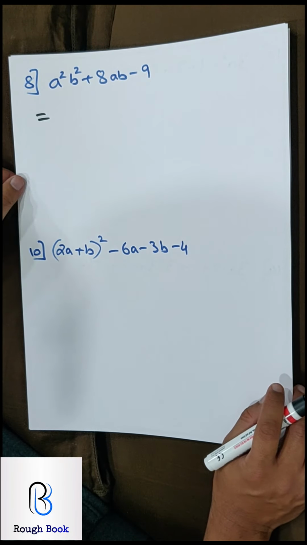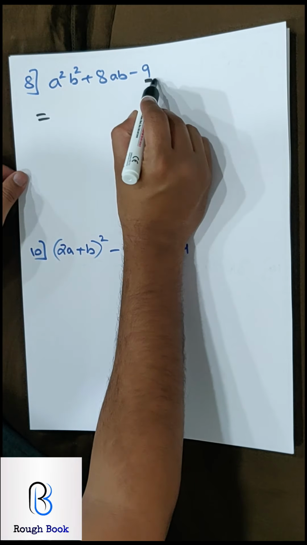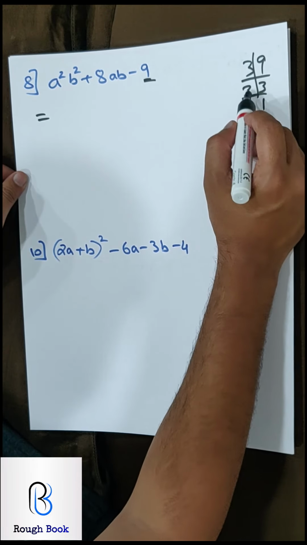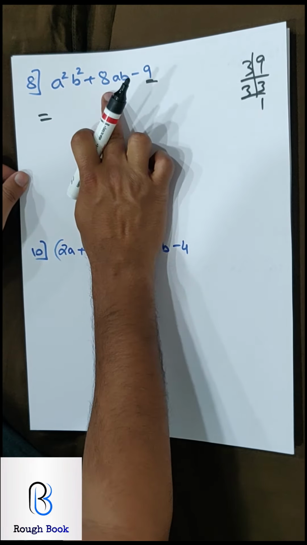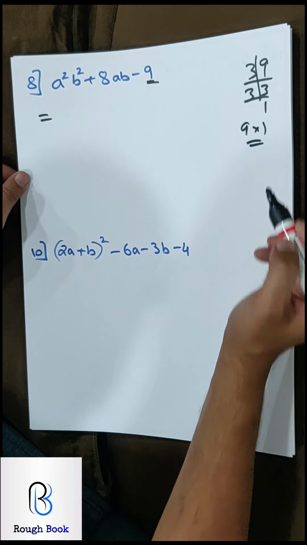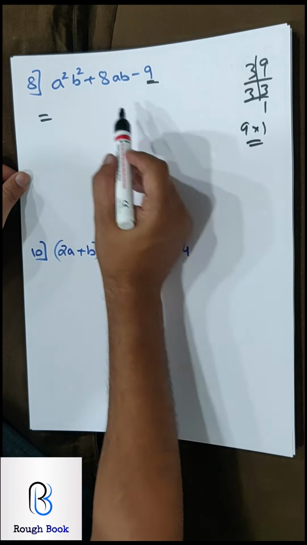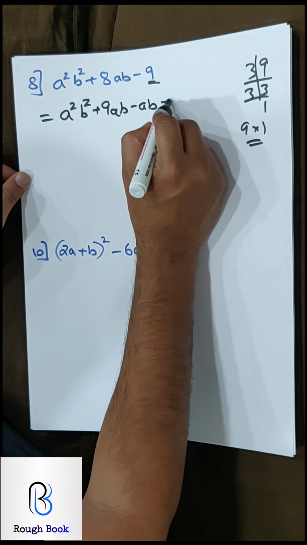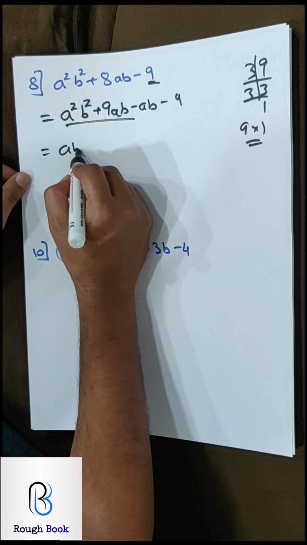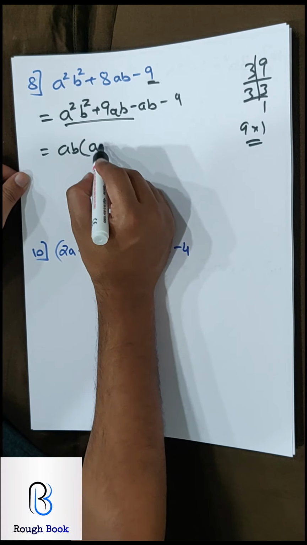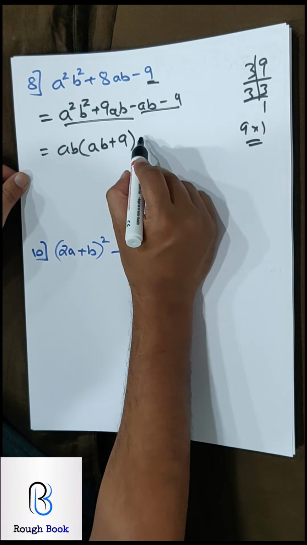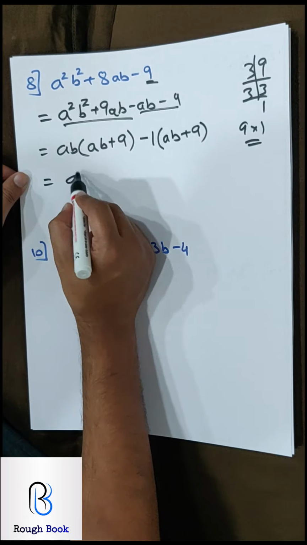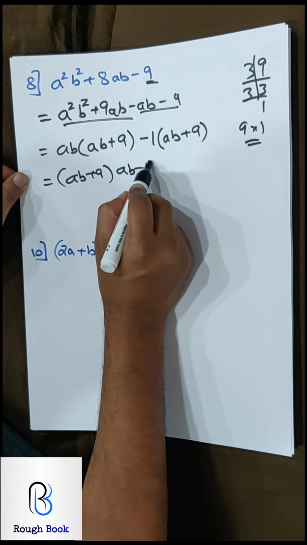Sum number 8. Again we are still on the splitting the middle term part. So 9 is 3 3s are 9. 3 and 3, two numbers, 3 and 3 will make it 6 or 0. Nothing follows here. So another option becomes now 9 1s are 9, because 9 1s are 9 and 9 minus 1 gives me 8. Okay. So a square b square plus 9ab minus ab minus 9. What is common here is ab. So here what is left is 1, ab plus 9. Nothing common, only minus, I am pulling out 1. So ab plus 9 left. So ab plus 9, ab minus 1.